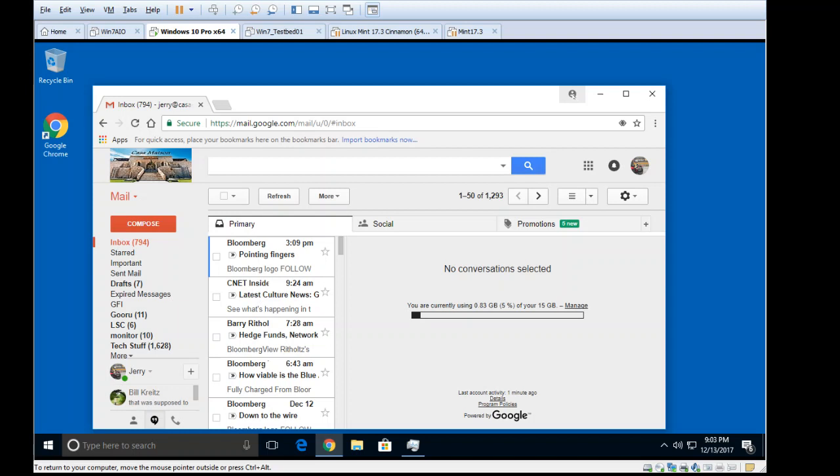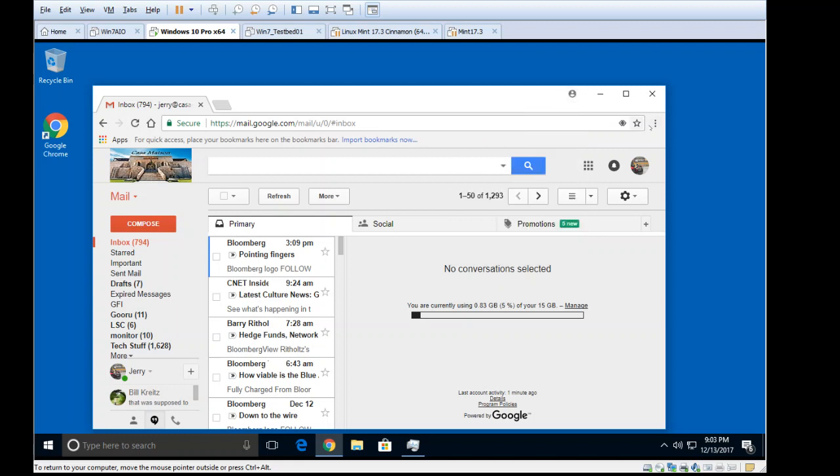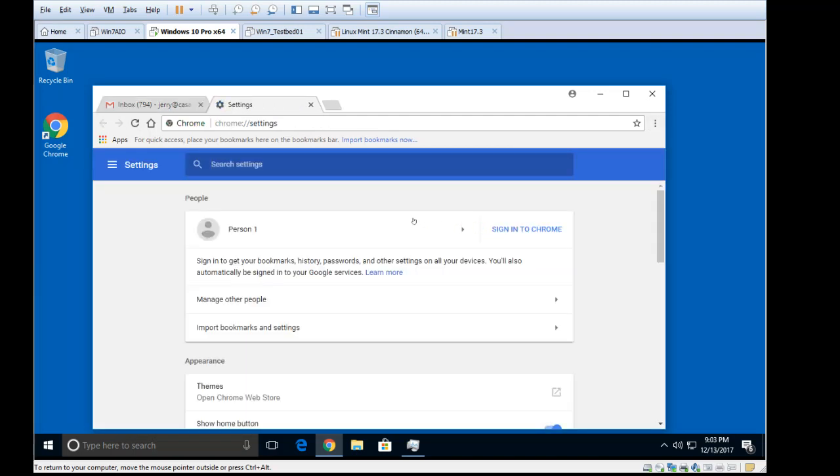And you do that by clicking on this little icon up here to click on Manage People. Another way to do that is to click on the little three-dot settings menu and come down to Settings. Either way will get you to the same place, which is People. And this menu recently changed, and if your Chrome hasn't updated, then this menu will look a little bit different. So let's, well,